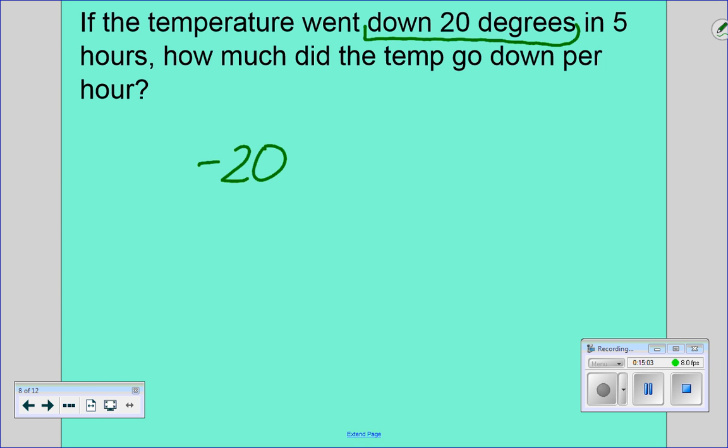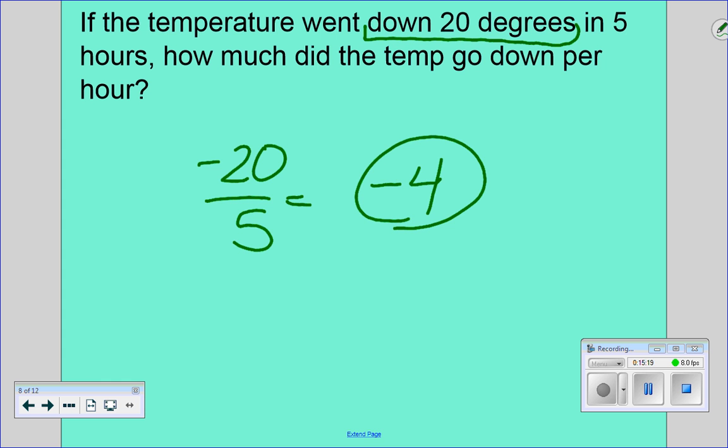It goes down in 5 hours, but I want to know how much it goes down in 1, so what am I going to do to this? Divide by 5. And I should get a 4, but since I have a positive and a negative, it's going to be negative. So it went down 4 degrees every hour. Your short forms are going to be just like yesterday. There's going to be one number that's a negative, and only today is just dividing instead of multiplying. Okay? Are there any other questions that you have for me? Because those were good ones. Okay. All right. Let's look at your